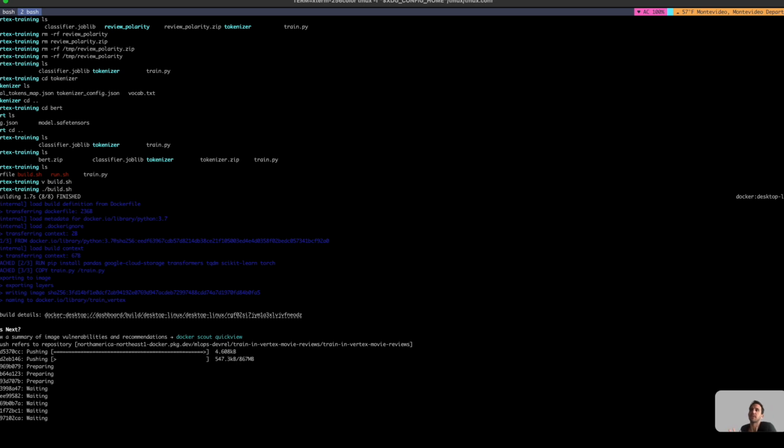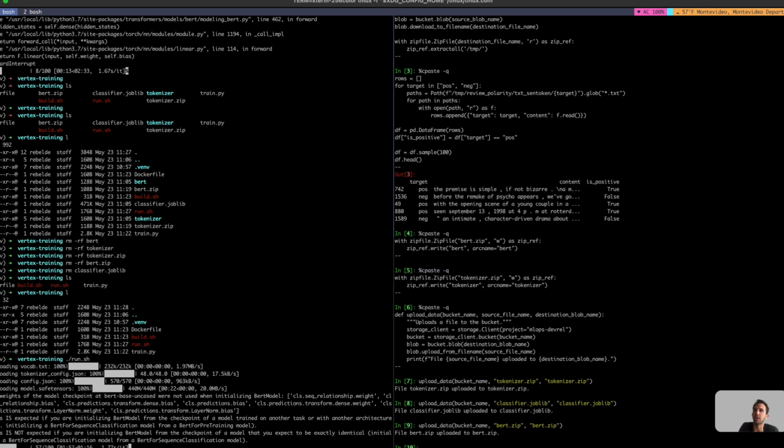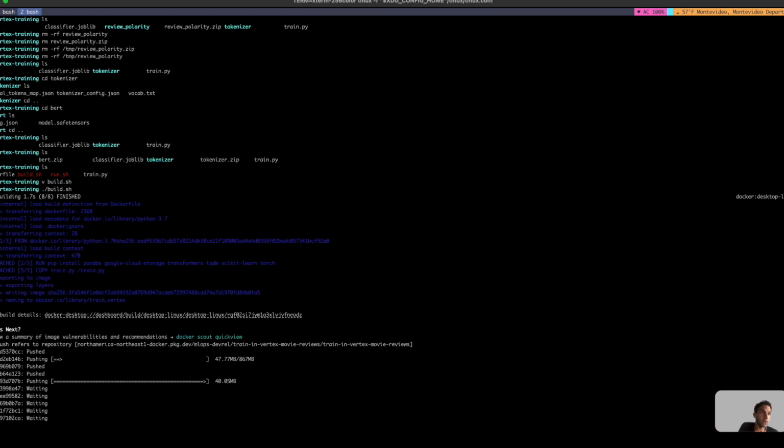And of course it's gonna take a little bit, so I'm gonna keep that running on the side. So, okay. We are running our Docker locally. That's basically downloading everything, running and uploading all the artifacts to GCP. So once this is in GCP, that should behave the same way. We are uploading our Docker image to an artifact registry in Vertex, so that basically we can run the same container up there. And now we need to define a pipeline that is basically what has the information that this runs this way. So let's go ahead and let's create